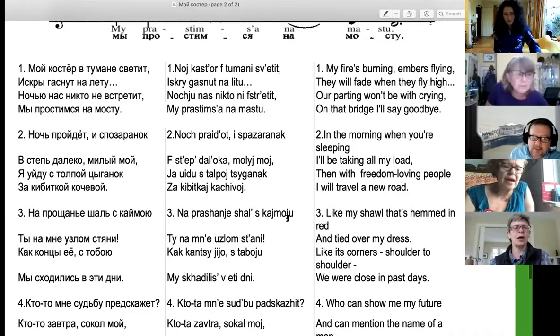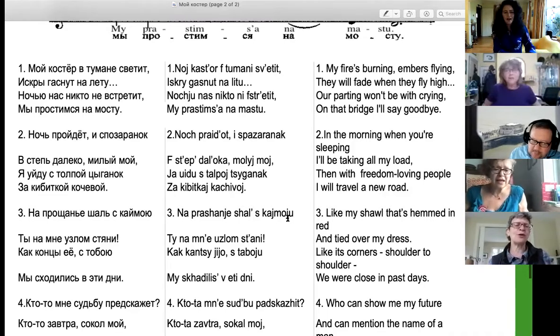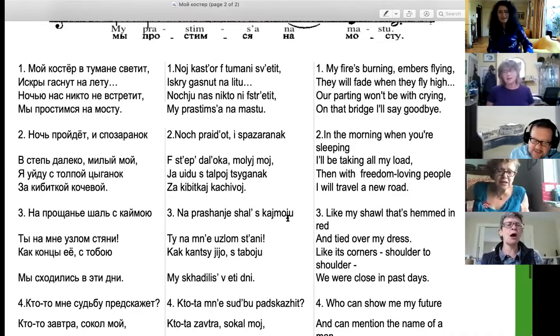На прощание шаль с каймою, ты на мне узлом стяни, как концы ее с тобою мы сходились в эти дни, как концы